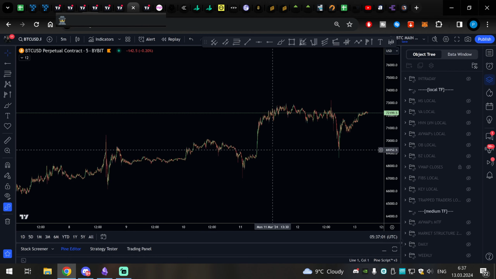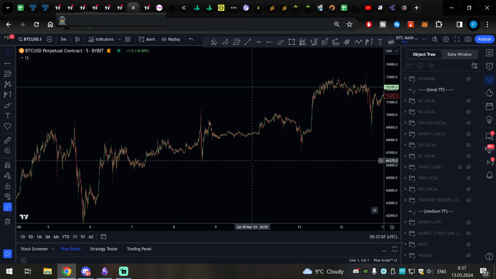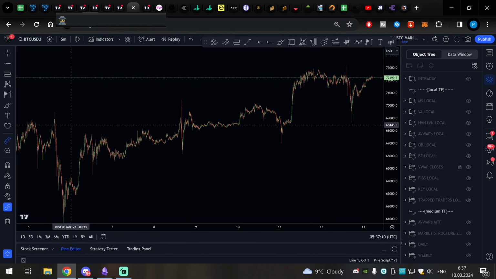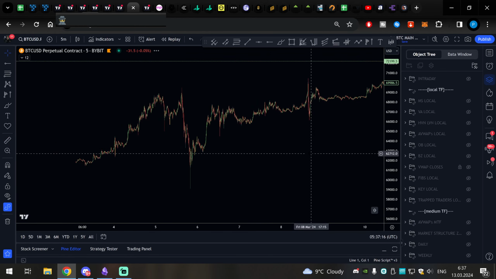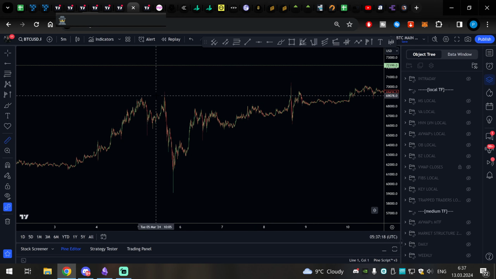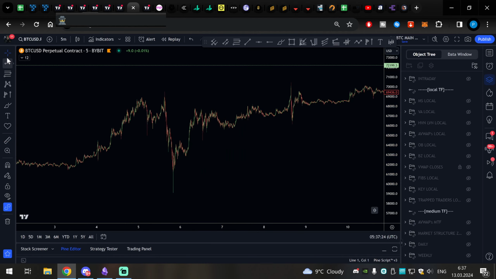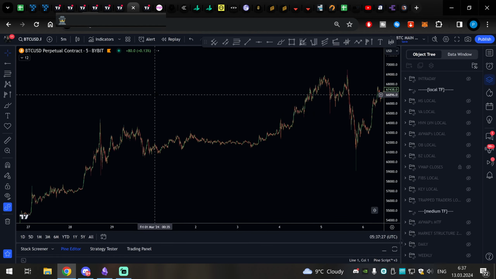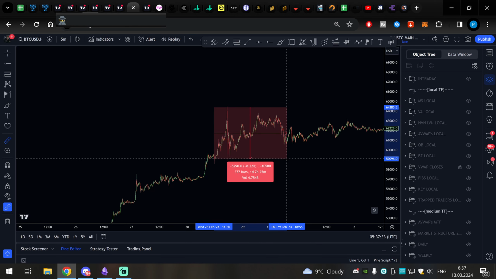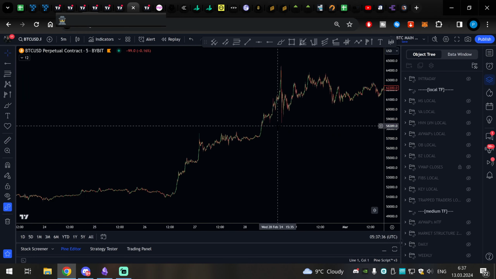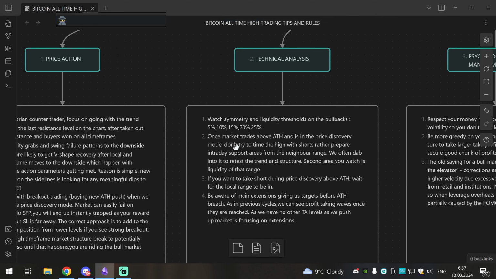So you see now 5% pullback was that. Again, another very strong pullback. How much was that? 5.7%, big one. Measure this wave as well. 4%, we're pretty close to the 5% threshold as well. Now this was the major pullback. Look at that, we did 15%. So you see again, it was more than 10%, so 15% there. And I'm just showing you the violent pullbacks. Exhaustive price action pullbacks, 9%, almost 10%. So you see, the symmetry in this market is just crazy. So please watch for that.